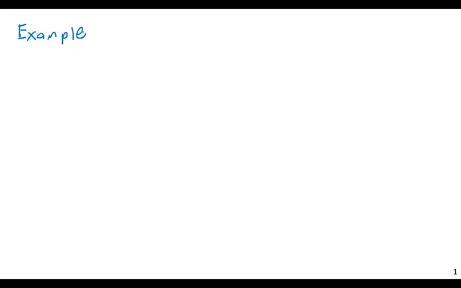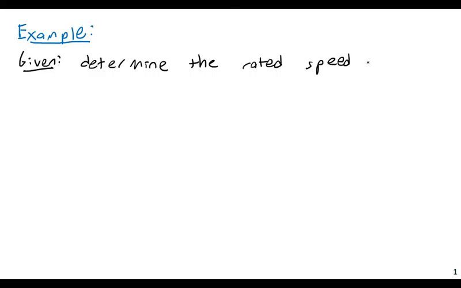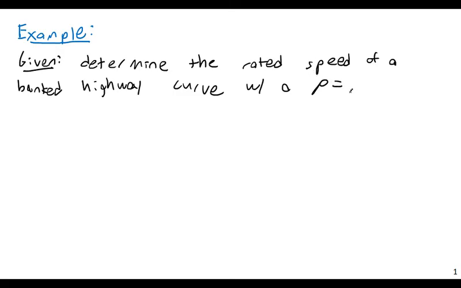Example. I'm given the following task. Determine the rated speed of a highway curve, let me just go ahead and say a banked highway curve, with a radius of rho equals 400 feet,